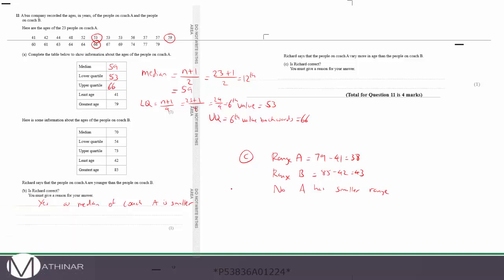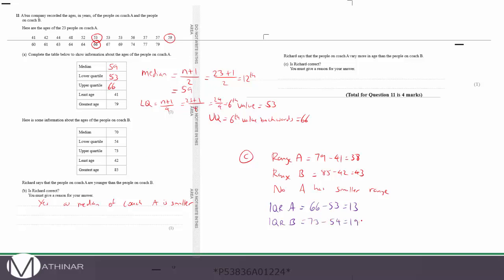But instead of doing the range, you could have also done the interquartile range. So I'll do this in a different color. We can work out the interquartile range of A, which would be the upper quartile take away the lower quartile, which is 66 minus 53, 13. And then the IQR for B, which is 73 take away 54,